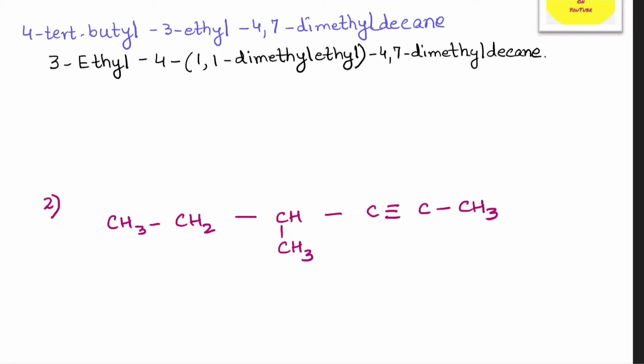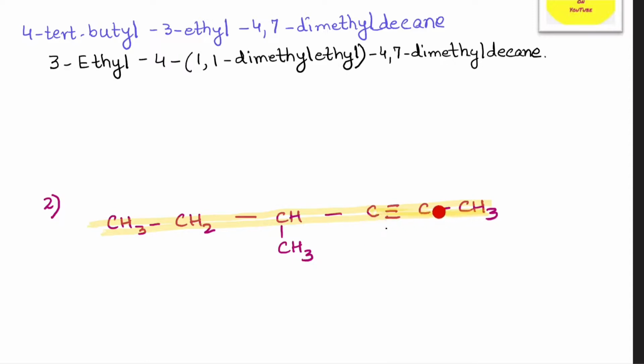Question number 2. If you've not named it already, please try naming it. Now the question comes, what are you going to prioritize? Okay, let me first highlight the main chain over here. Obviously, we will have this chain wherein I have got the substituent as well as the multiple bond covered as part of the chain. Now I have got a choice between giving a lower number to the multiple bond or to the alkyl group. Should I number it from one side, 1, 2, 3, or from the other side?